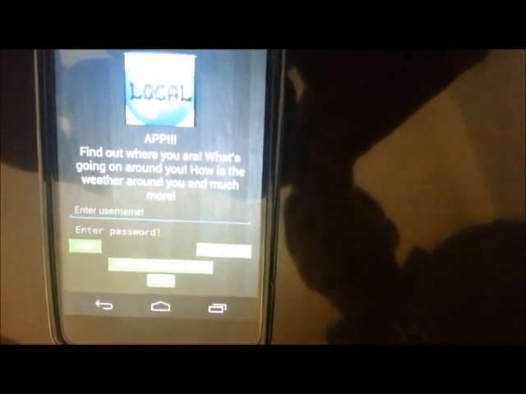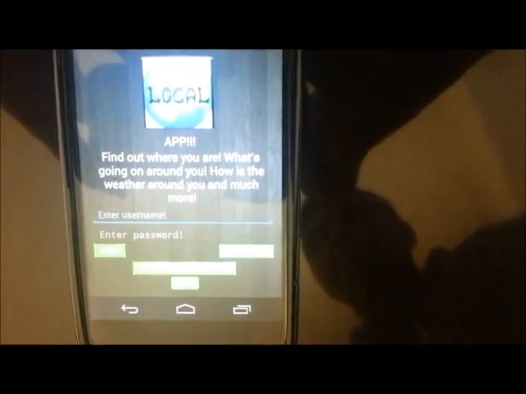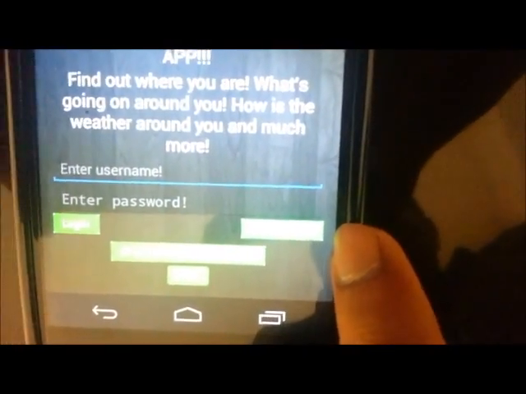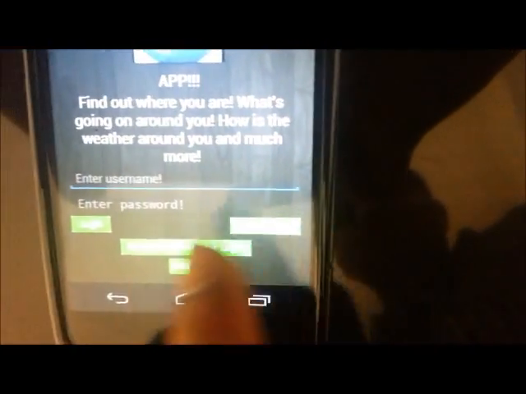which obviously means there's going to be some login and registration features along with it. It's not really visible right now, but this green button right here is the login button, and this green button right here is where you can register as a new user.